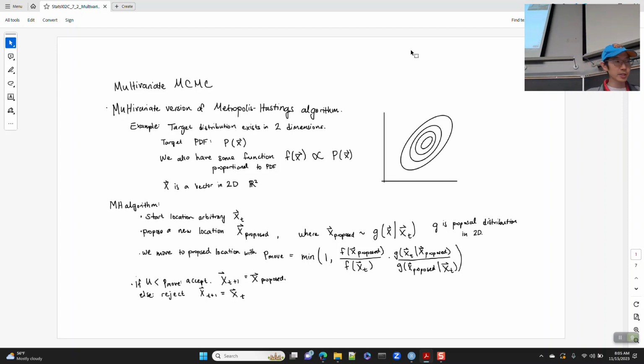That target distribution so far was just kind of a univariate thing, and we said a key benefit or advantage of the Metropolis algorithm and Metropolis-Hastings algorithm is that you only need a function that is proportional to your target distribution, and so we had some kind of function f, and we